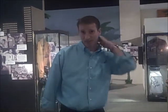We are in the Bob Hope exhibit. We opened in 2008. The family expressed interest in us telling his story that spanned 100 years of his lifetime. He passed away in 2003, but the story includes him being born in England. A lot of people aren't familiar with that. Coming stateside, how the family really developed in Palm Springs, his time with over 11 presidents, his amateur golf days,